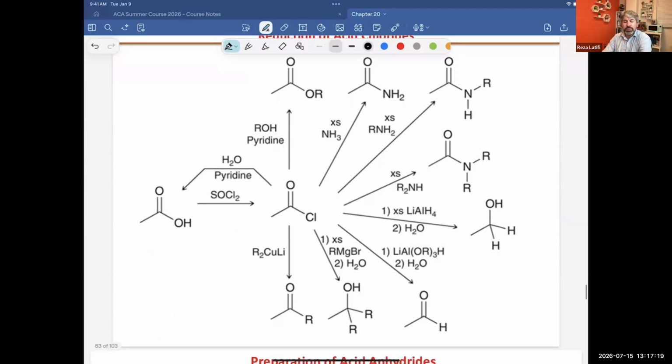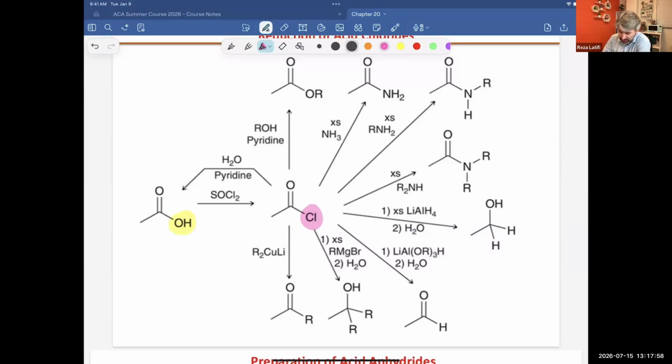Okay, so we started with carboxylic acid, and I said the problem with carboxylic acid is that it doesn't have a good leaving group. If you turn it to a good one, then you have a good starting point that you can turn it to anything that you want. And the second we replaced the OH by chloride, many doors in front of us were opened, and we could turn it to an ester, amide, a different version of amide, to alcohol, tertiary alcohol, to aldehyde or ketone,